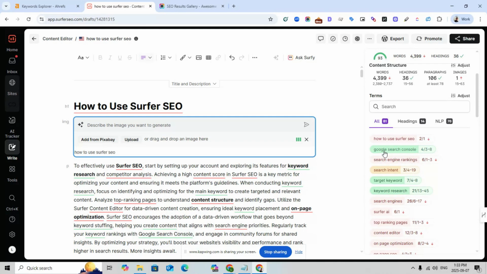So they're saying you want to include Google Search Console between 3 and 8 times. I've got it in 4, so it's turned green. Good job, you're in optimal range. Some of these are a little bit over or under. I wouldn't worry about them too much, but the most important thing, I'd actually switch over to the NLP tab,